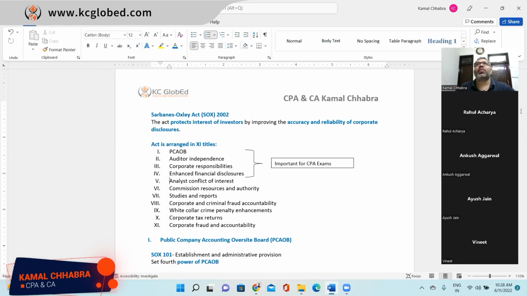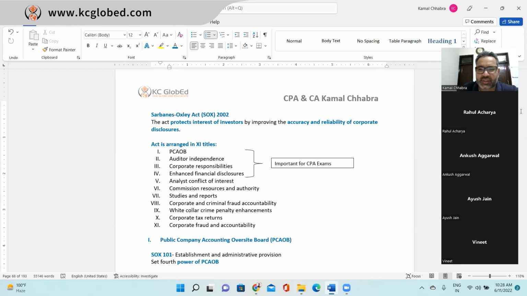Okay, so maybe after this class, you'll have a detailed idea about what SOX is and why it is there. From the hierarchy point of view, in our very first class we discussed, and also when we were discussing the Securities Exchange Act, we discussed SOX. In the US, like in India we have Parliament that passes laws, in the same way the US has Congress that passes laws. So Congress passed this law back in 2002, and the SOX committee reports to the Congress directly.